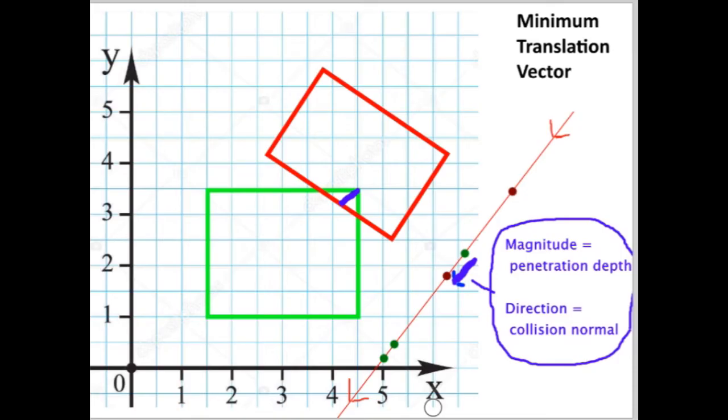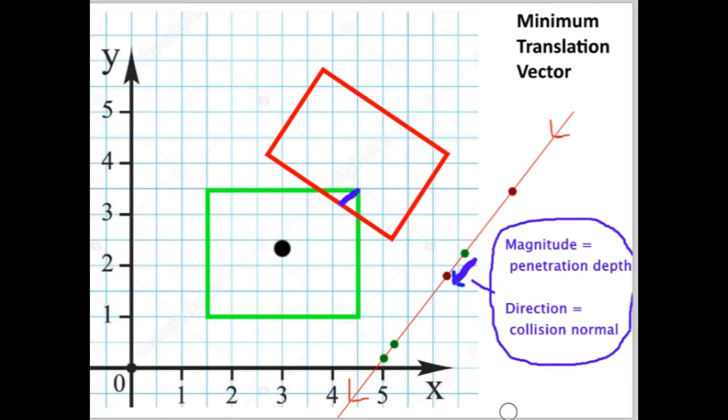Now I will assume that it's always a vertex of one box that is colliding with the edge of the other one, like here. And the object that is colliding with its vertex, which is the green one right now, is stored in the vertex object variable. And if the shortest overlap is along the first object's axis, then it will be the second object. For example, here the MTV is along the axis of the red rectangle, and the vertex object will be the green one. And if I project the vertex object onto the smallest axis, then the vertex with the smallest projection value will be the starting point of the minimum translation vector.